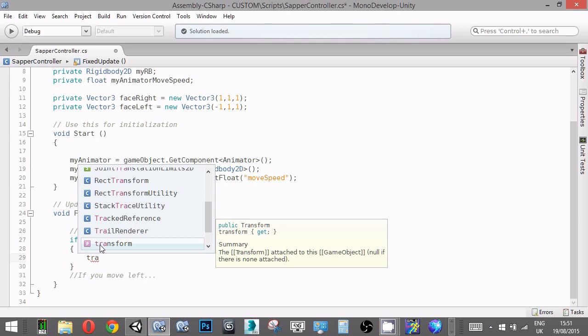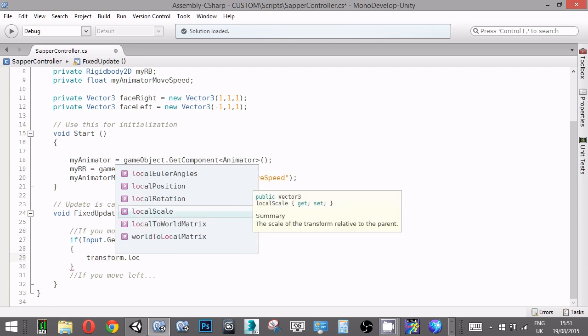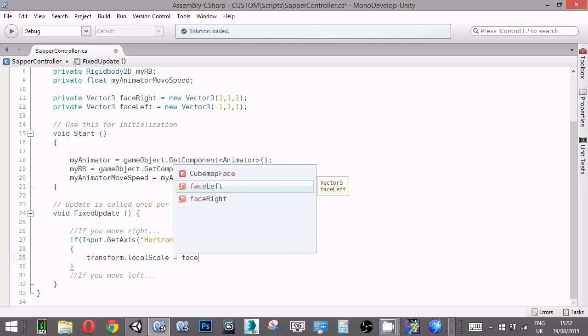And the only components that you don't have to explicitly get in Unity 5 are GameObject and Transform. There were some others like Rigidbody, but now you have to get those. So transform.localScale equals faceRight,